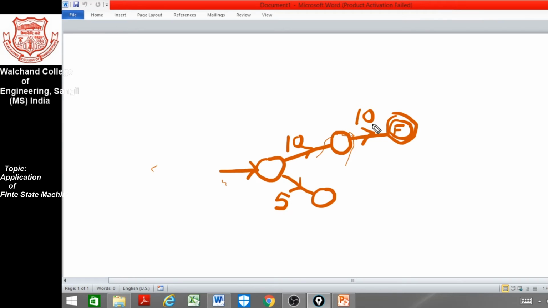We can treat this as the graph where this is the state, that is, some hops are there, and we can say that 10 plus 10 gives the addition, and that addition is equal to 20, which fulfills the 20 rupees required for the purchase of the item. But once 5 rupees is there, of course 5 rupees is not sufficient, so we need to have the insertion of further coins. Now let the coins be inserted further and the tree can be grown infinitely towards the right, and the nodes can be given in a similar way.